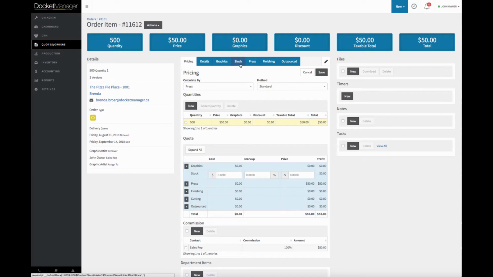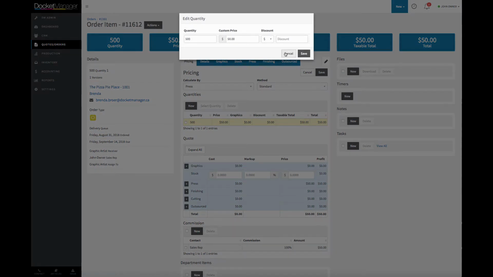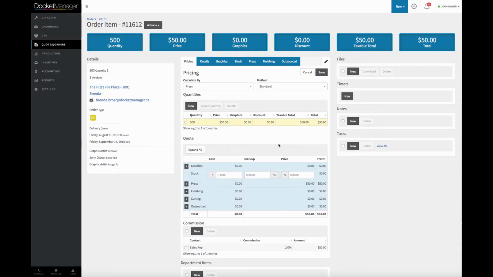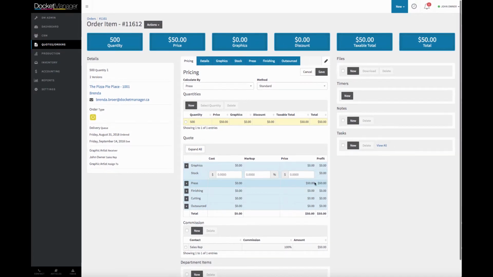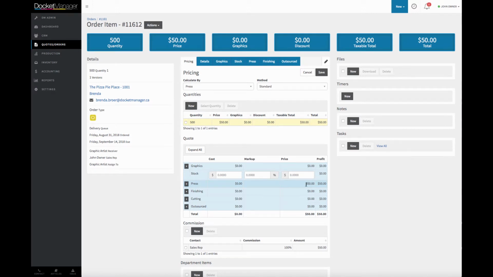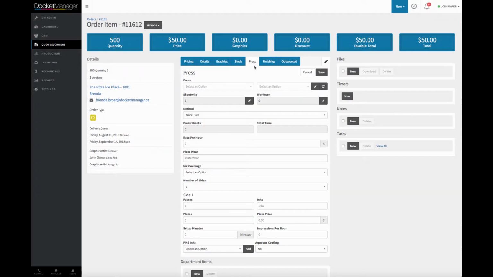They've entered in a stock, the stock's come up and said it's $46.57, but they want to charge $50. So in the quantity table, they've entered in 50, but because the stock was only $46.57, it has $3.43 that it needs to put somewhere. So without a press to catch either the positive or the negative, you end up with untracked income. In this instance, because we don't have anything else on the job, someone has just said we're selling this for $50. I'm going to go in the press tab,